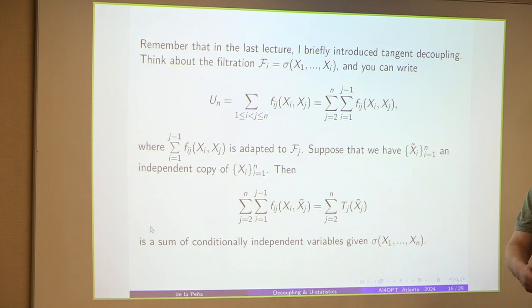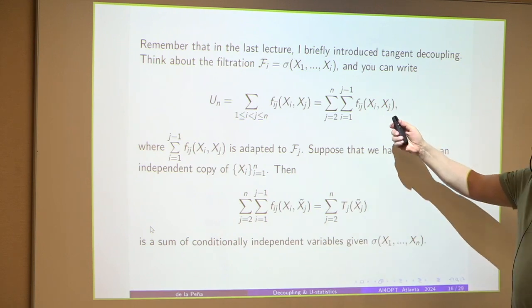So it was an important result for that. And also in developing the theory of U processes, which is an extension of the theory of empirical processes. Now, the reason why the decoupling inequalities are useful is because we are going to replace